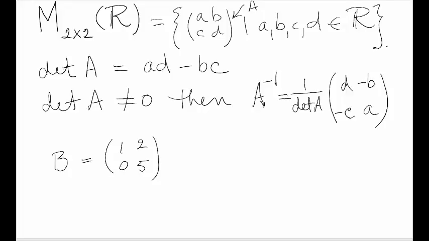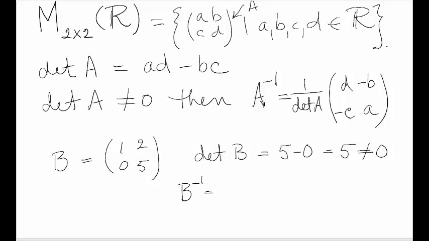We see right away that the determinant of B is equal to 1 times 5 minus 0 times 2. The determinant is 5, which is not 0. Therefore, we know that B inverse exists, and B inverse would be the matrix that we get by switching the entries on the main diagonal, making that 5, 1, changing the sign on the other,